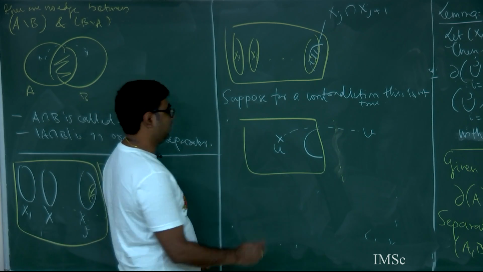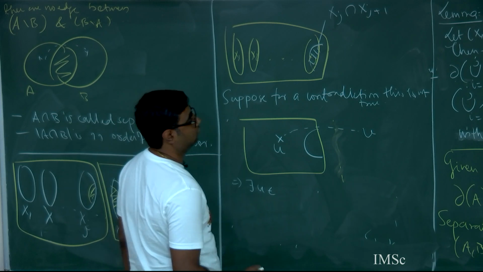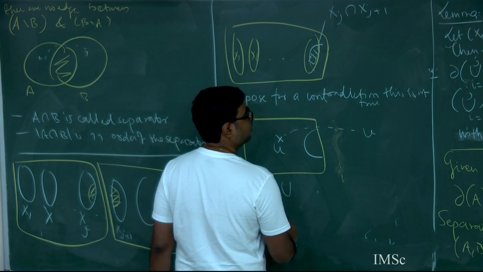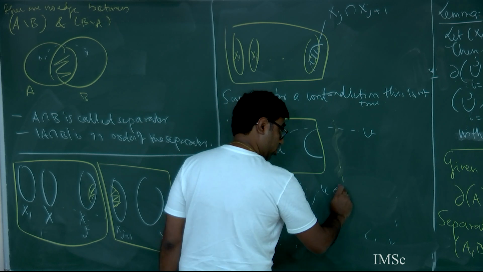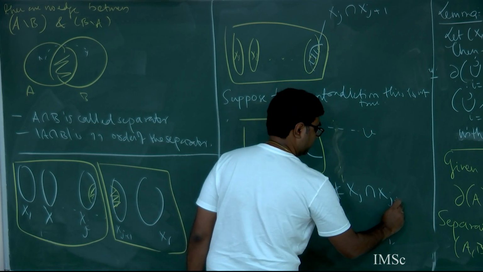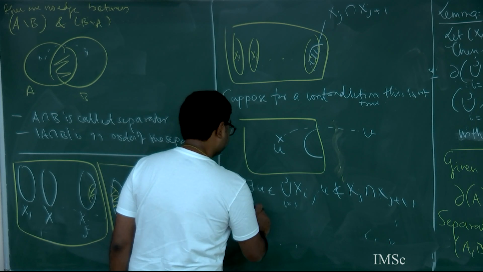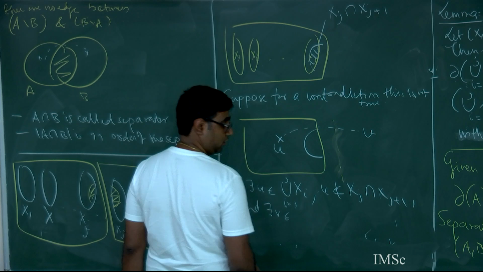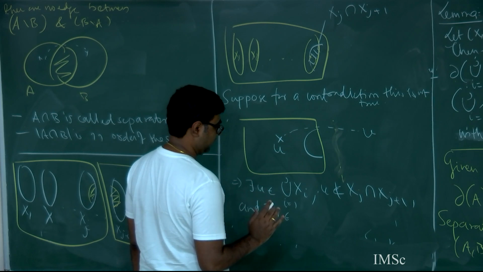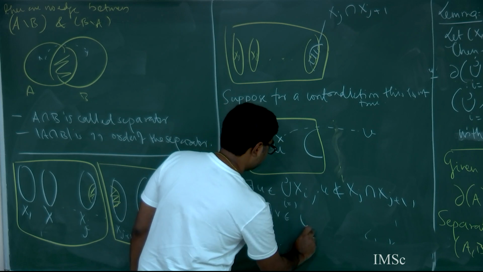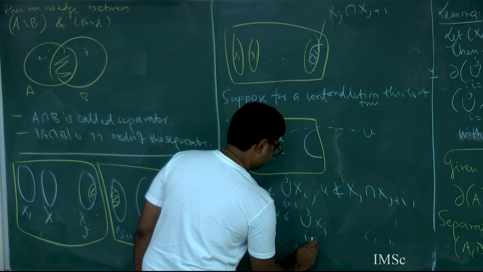This implies that there exists u in union i equal to 1 to j xi, u not an element of xj intersection xj plus 1, first of all that is important, and there exists v in union i equal to j plus 1 to r xi,